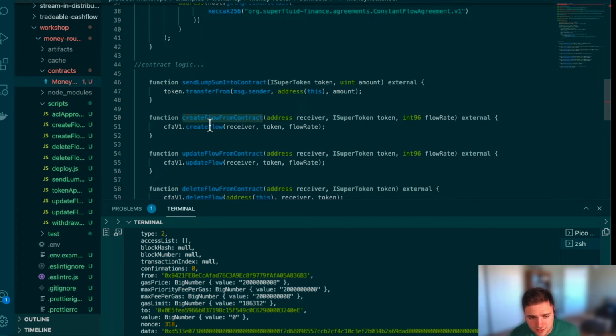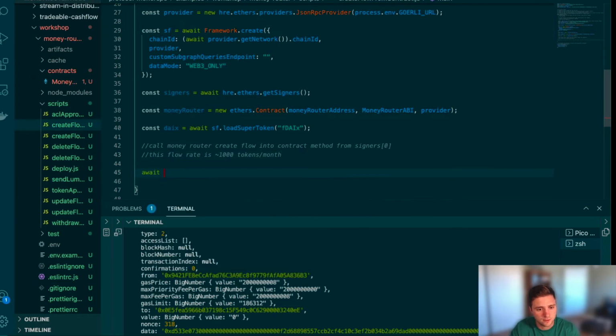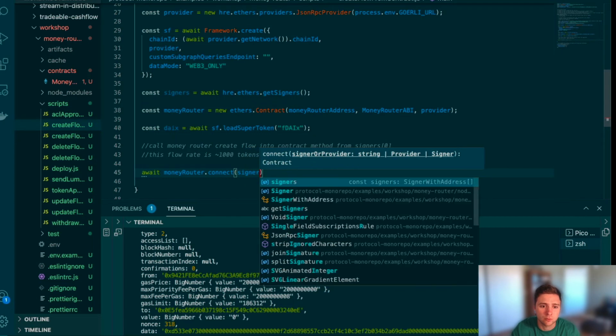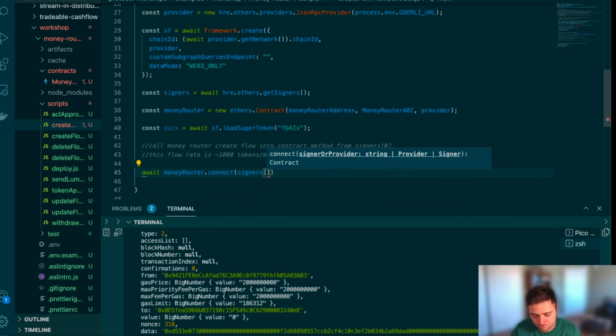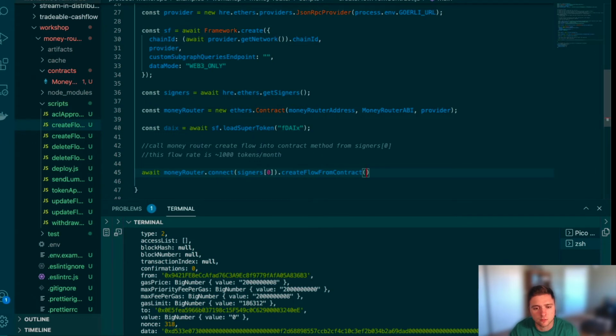Okay, so we just pass in the receiver, token, and flow rate to create flow from contract. All right, so inside of create flow from contract, what we'll do is, once again, just use ethers MoneyRouter.connect. We'll pass in the first signer. And we have the receiver,